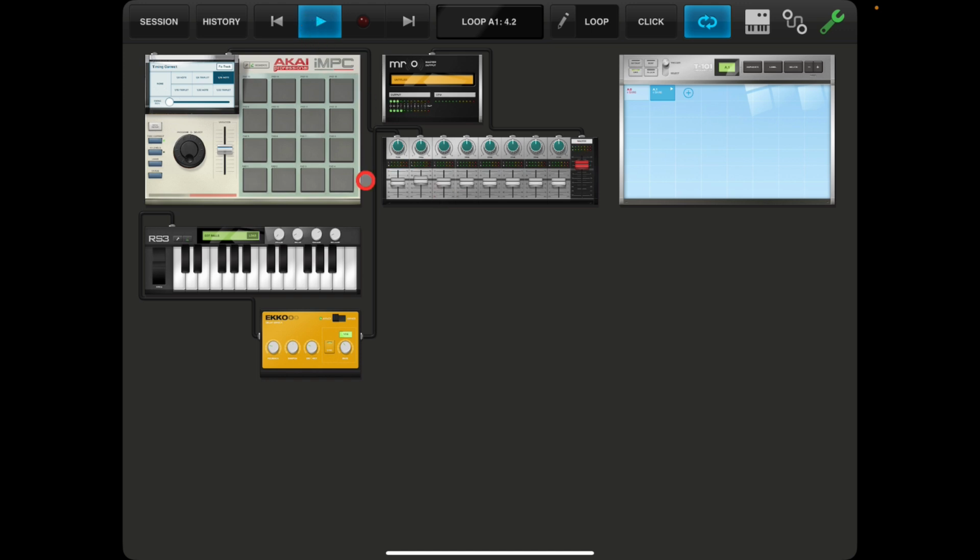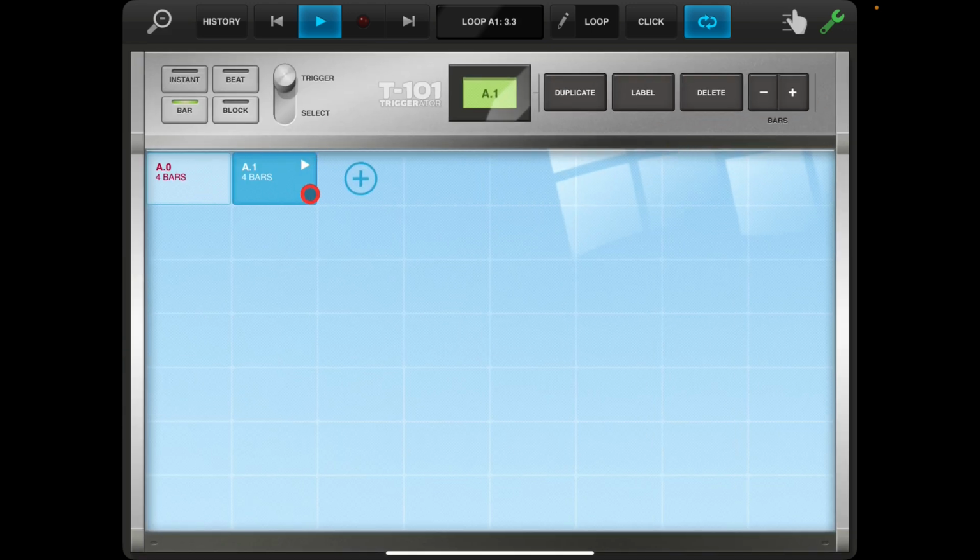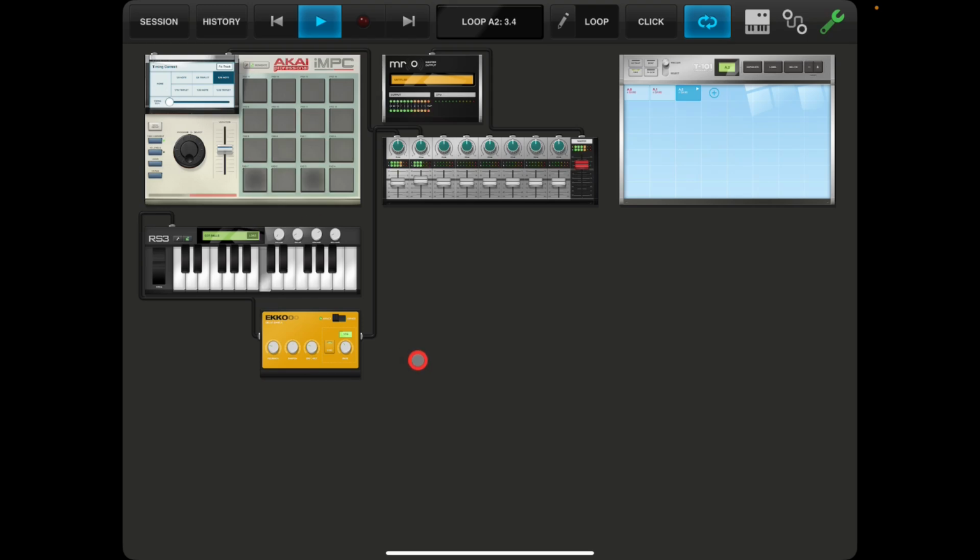Let's record that in. So now this will record on pattern A1. So you've got A0 and A1. But say, for instance, I could duplicate this again now. Go to pattern A2. And because I MIDI'd to this,